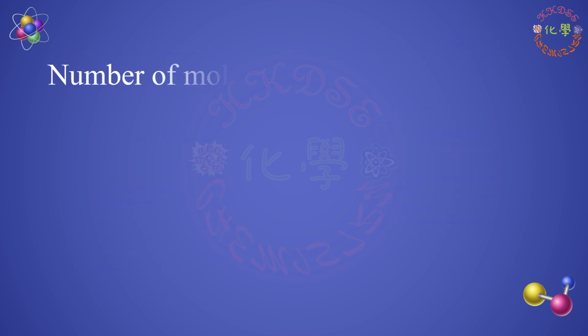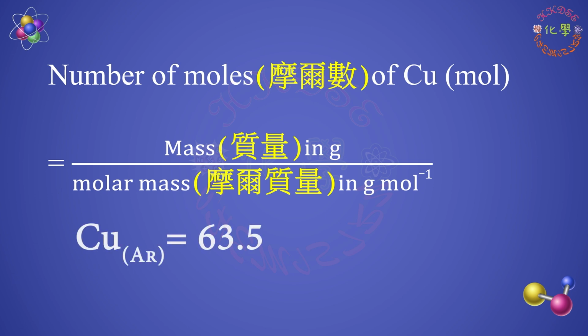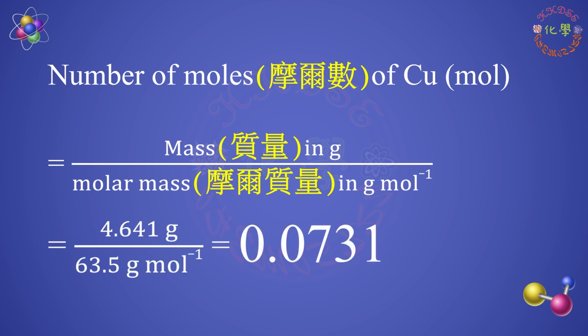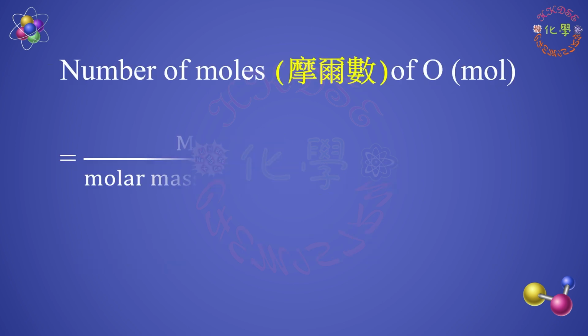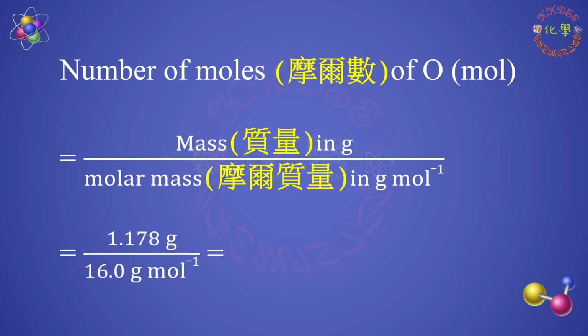Next, find the number of moles of each element. We divide by the relative atomic mass of each element. The relative atomic mass of copper is 63.5, so the number of moles of copper is 4.641 divided by 63.5, equal to 0.0731. And the relative atomic mass of oxygen is 16, therefore, the number of moles of oxygen is 1.178 divided by 16, equal to